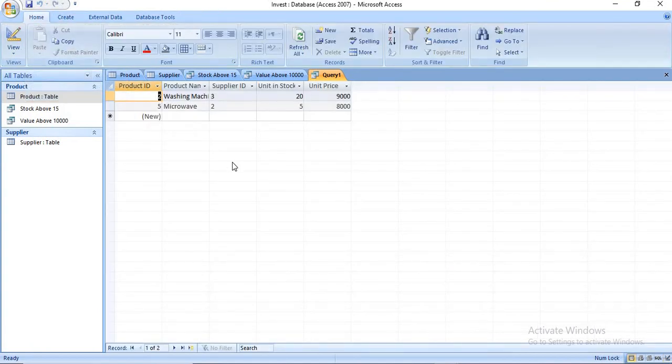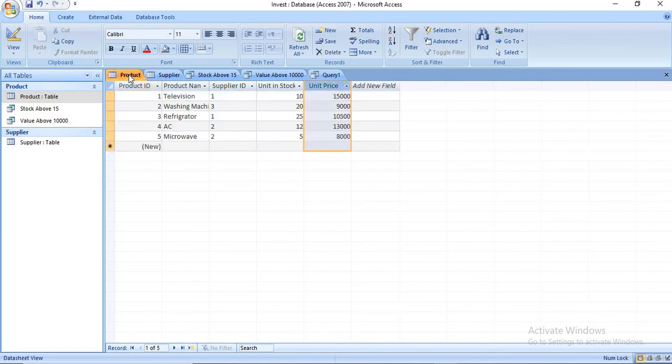So when you run this query, unit in stock greater than or equal to 20 and less than or equal to 5 and unit price less than 10,000. So in the product table, unit price less than 10,000 is only 9,000 and 8,000.